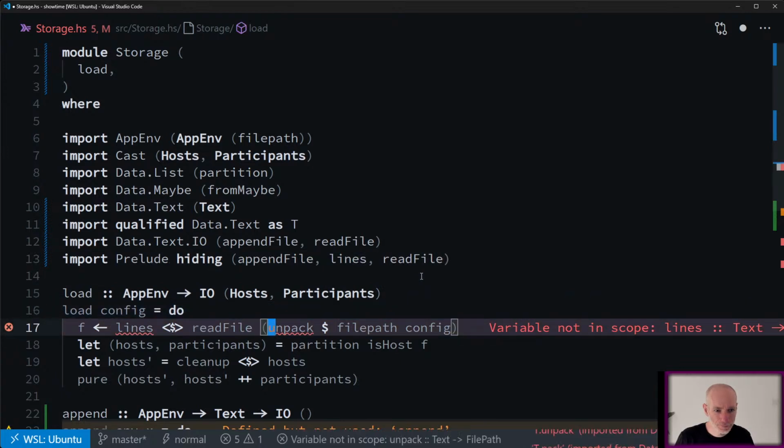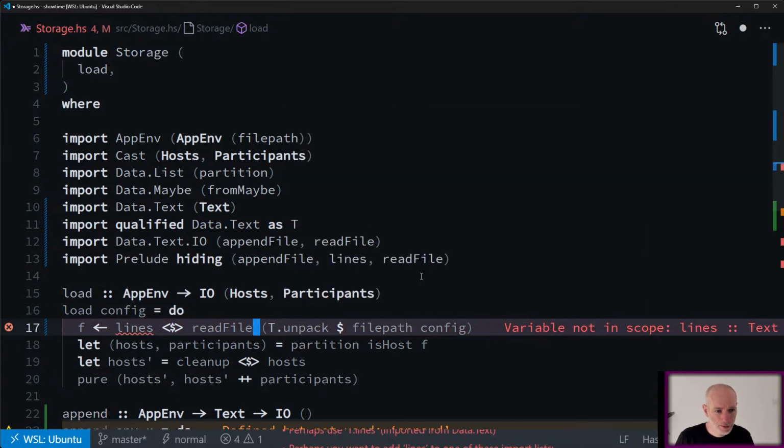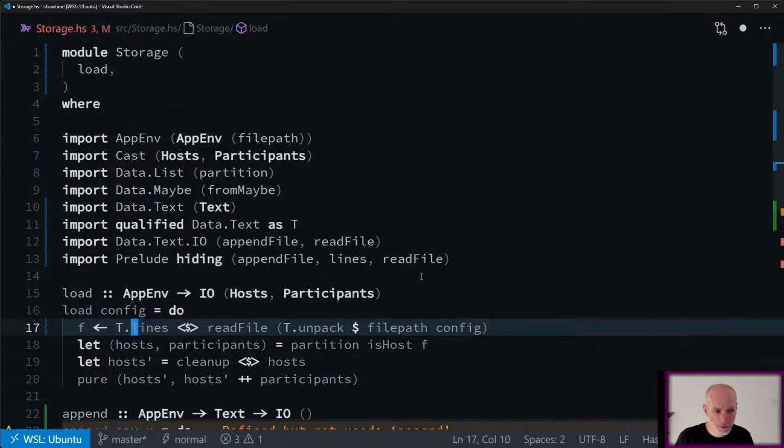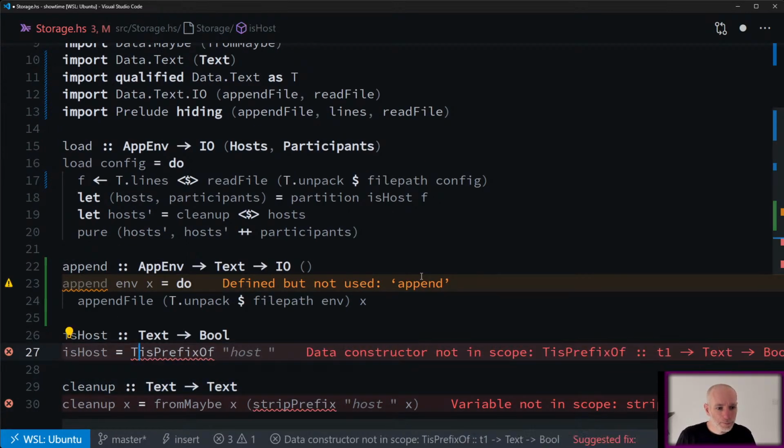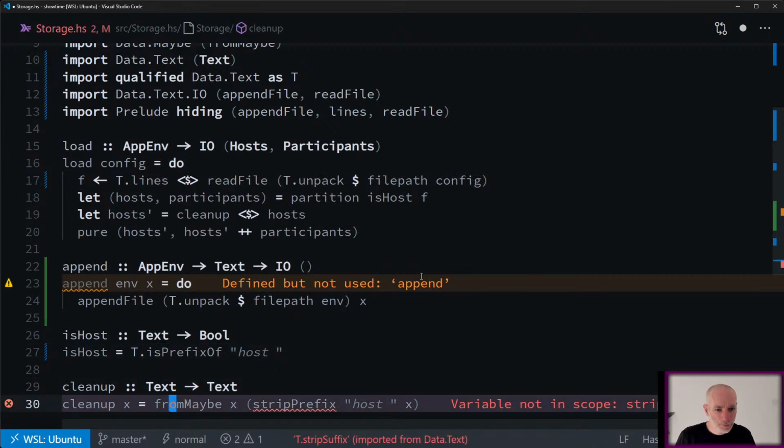Okay, so t.unpack lines. No. Is there t.lines? There is. Okay. Yeah, prefix element here.